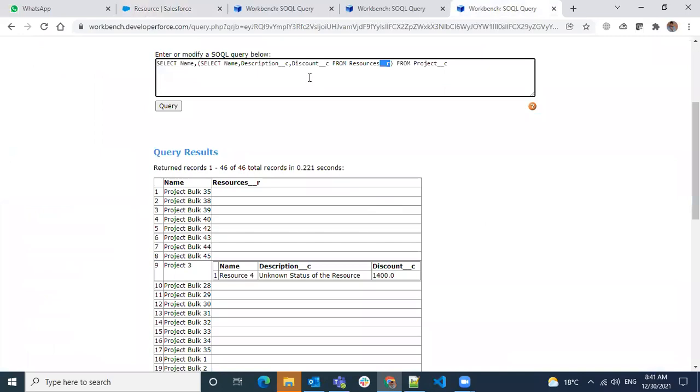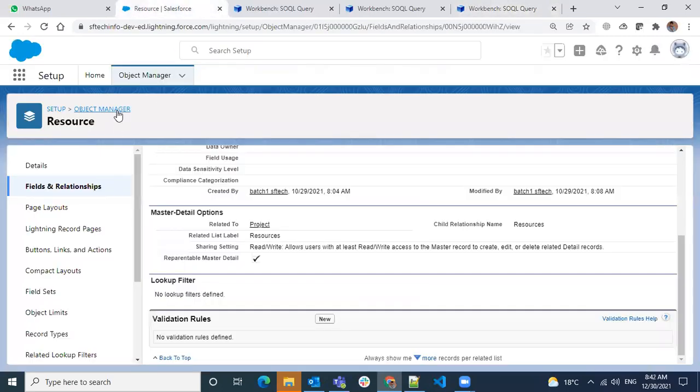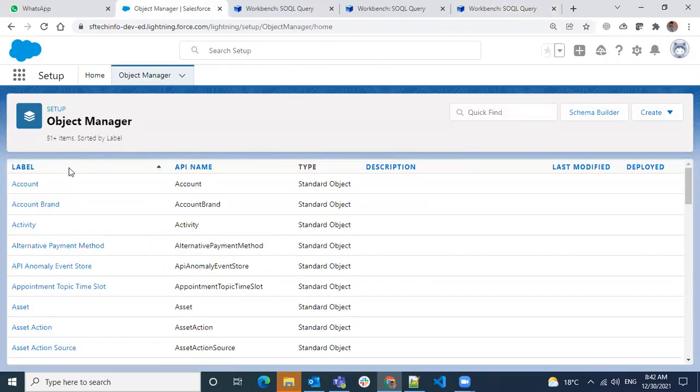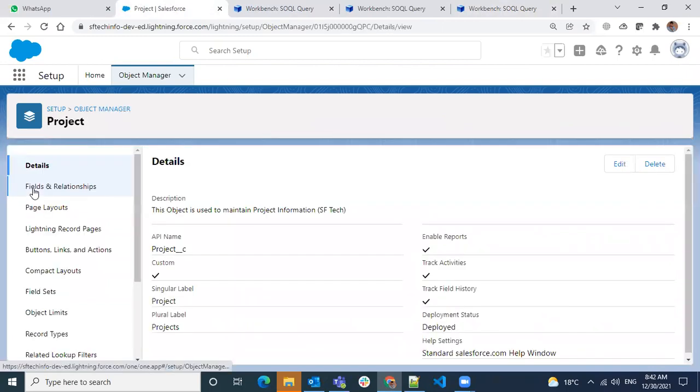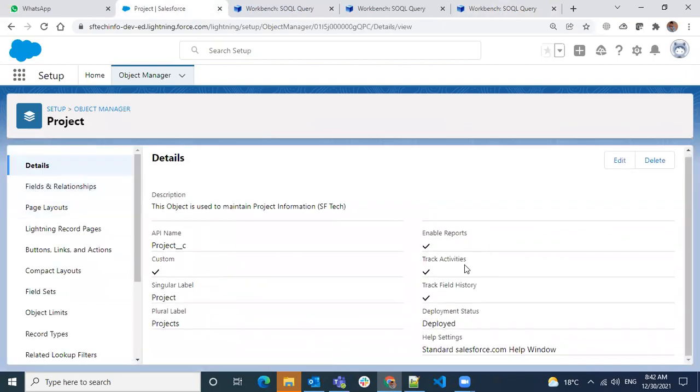Now we'll have the same thing with the standard one. So let's say I have project again, and in the project we have any children or not.